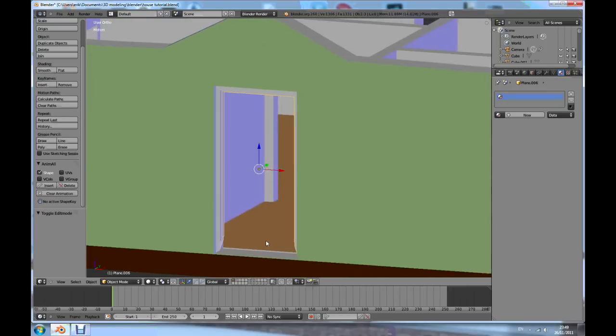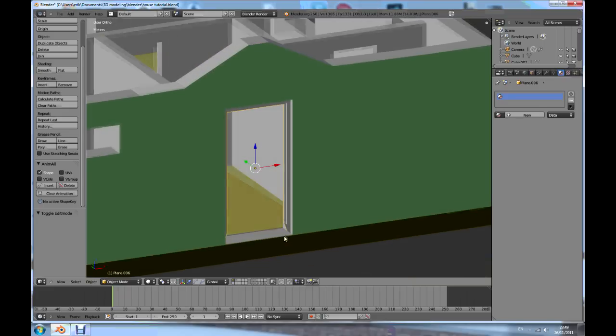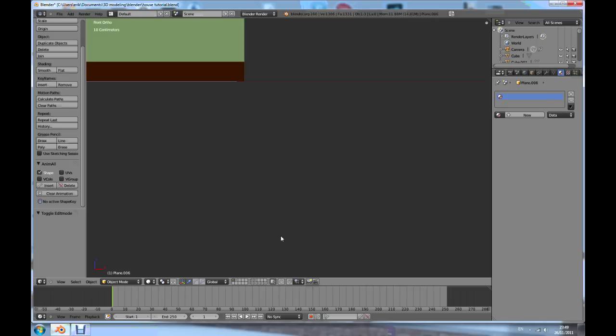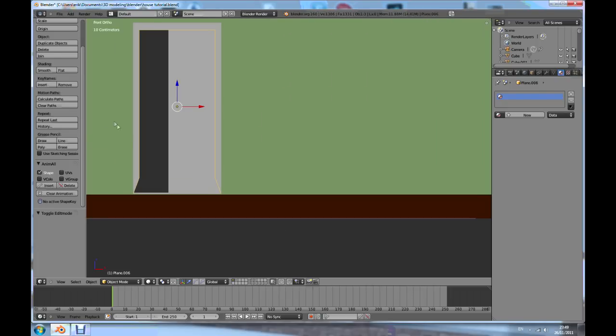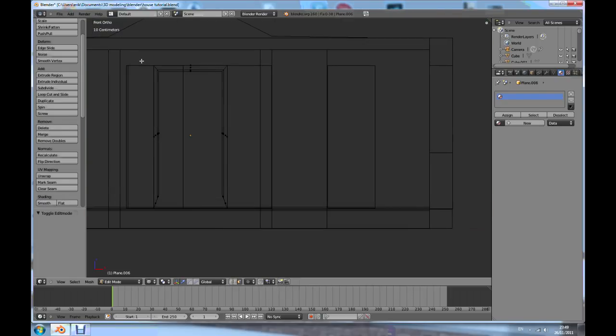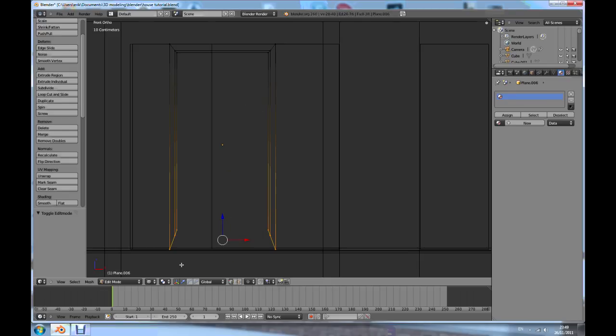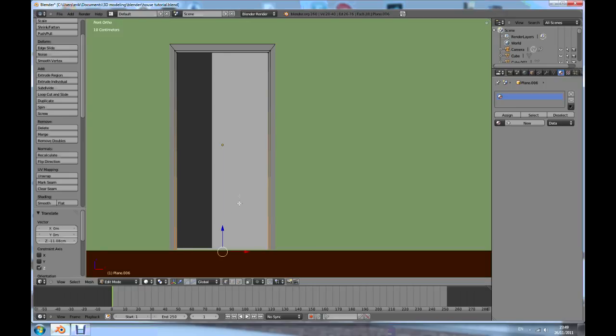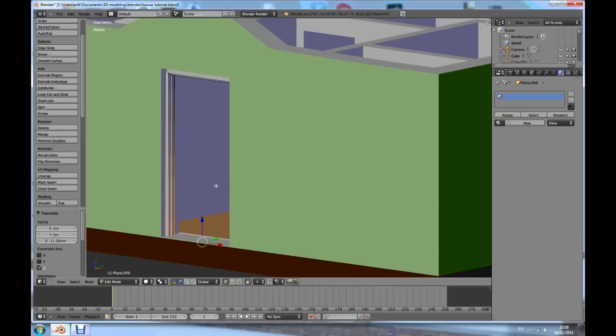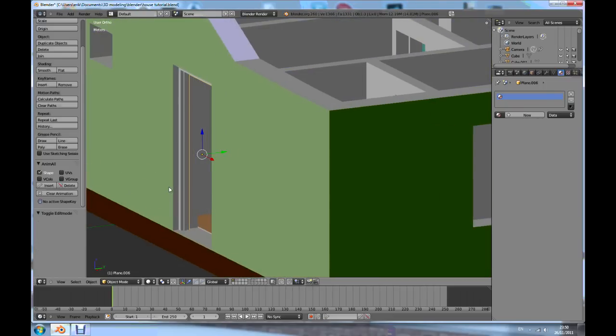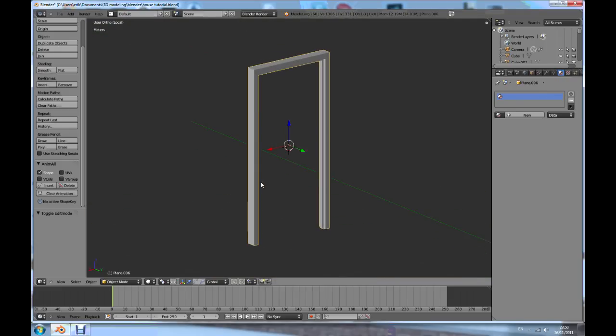Press the slash, but you see that this bottom area is completely wrong. So press 1 to go to the front view, Tab to edit mode, Z, and maybe vertex selection mode. B for box selection, select all of them, and we need to align them. It's quite simple really. So now just press S to scale along the Z axis, Z and 0, Enter, yeah, Z, and just bring it down like this. That's it, quite simple. Alright, so we have a door frame, and now slash again,